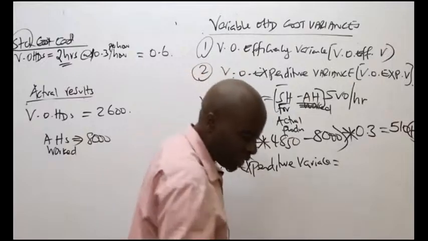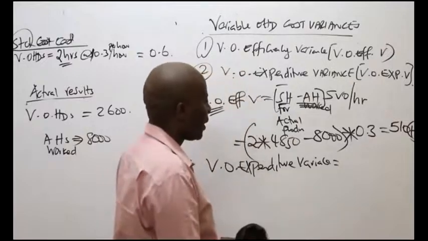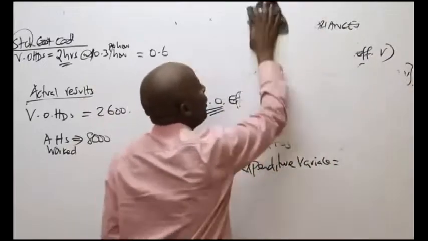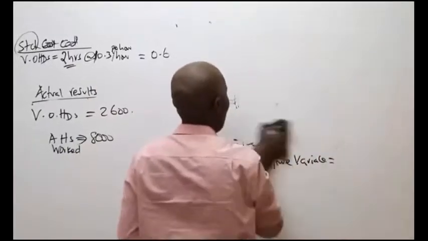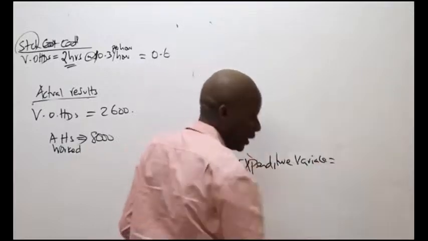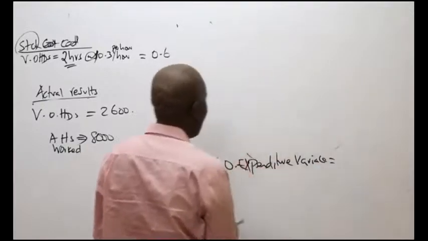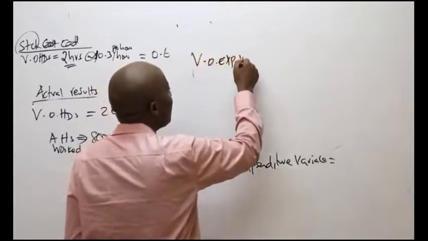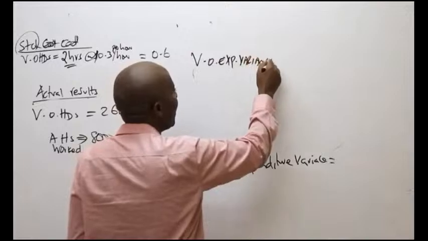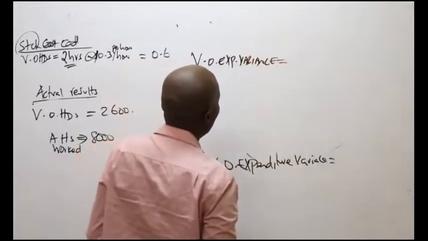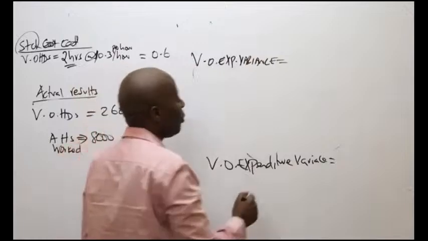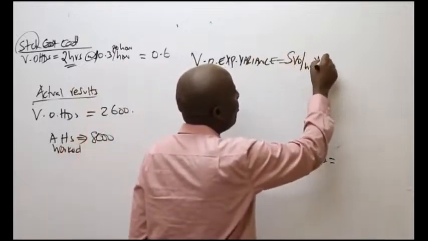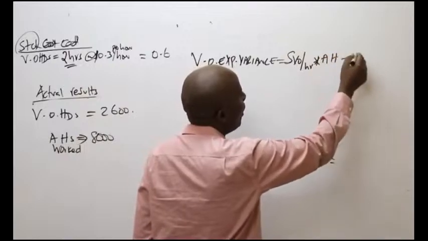I love this because this formula has got some certain fruit that I really love. How do we get it? We normally take standard variable overheads per hour multiplied by actual hours minus